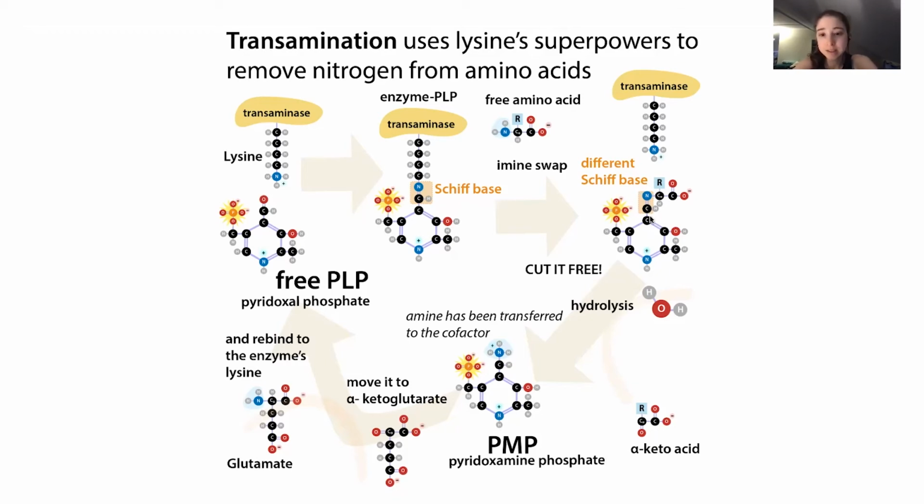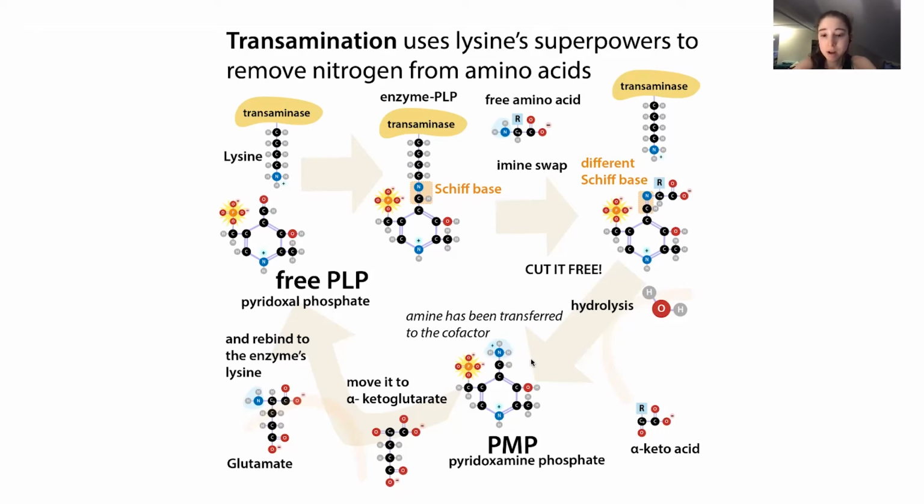What's going to happen now is that this bond is subject to hydrolysis. So basically the enzyme is going to help water cut it free. And so this is going to leave you with an alpha keto acid, and then the amine group transferred to this cofactor. So this is now going to be PMP, pyridoxamine phosphate. So if we follow the amine group, we are taking it from the amino acid, we are using it to link up to this PLP. Now we cut off the rest of the amino acid, leaving behind the amine group. And so now it's on this